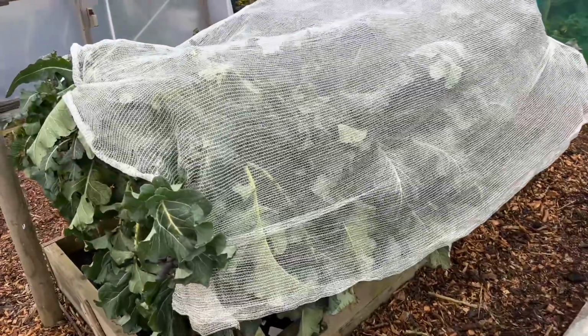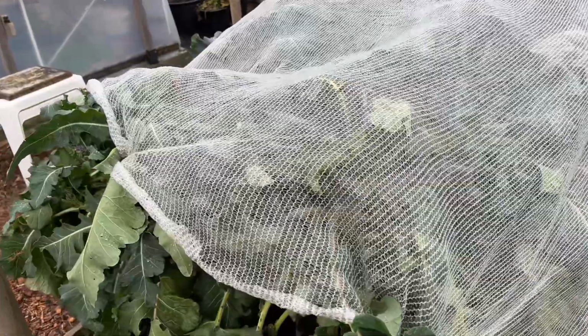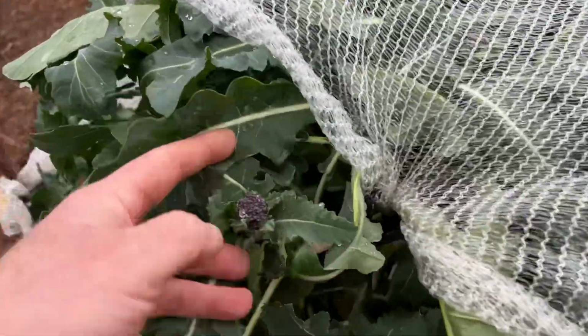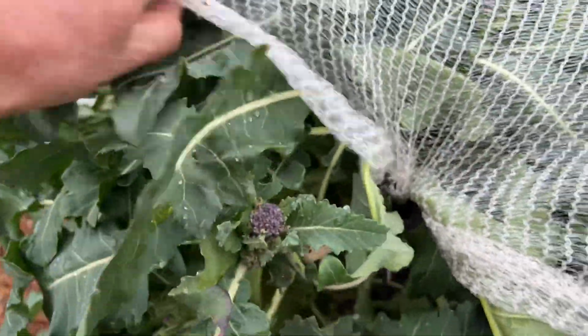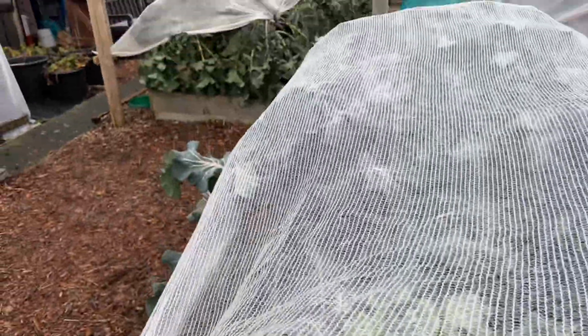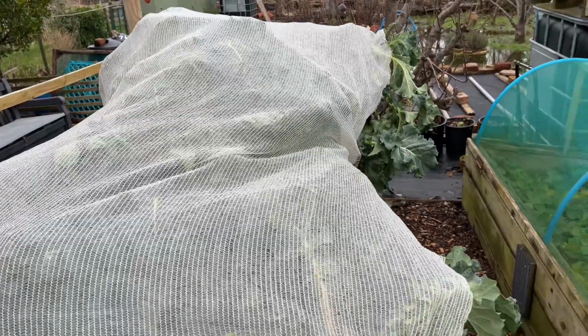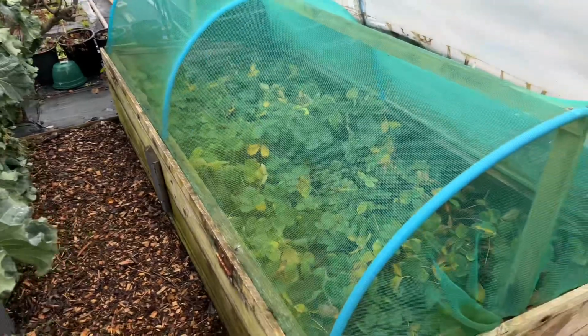So I do have lots of purple sprouting broccoli left. I'll put these nets on just to protect them from the pigeons a bit, and yeah, getting a few little purple sprouting broccoli florets on them. So I've got two of those looking pretty good underneath these nets. I'm not taking them off though. And now I've got strawberries,